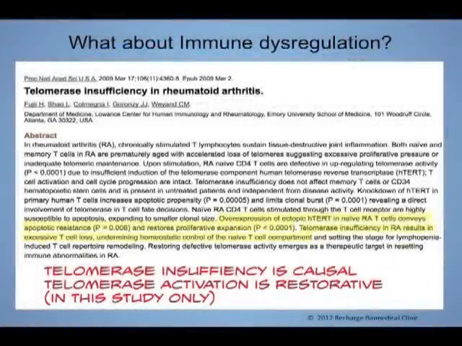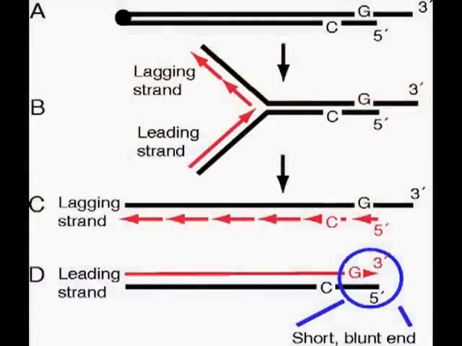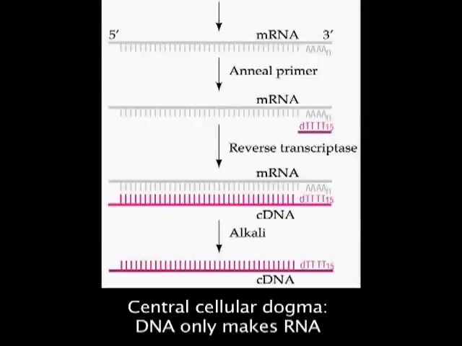So what about immune dysregulation? Well, here's an interesting study from 2009 in rheumatoid arthritis. And so keep in mind the history of this. I think in the 70s, a Russian guy, Olovnikov, knew that Watson and Crick had identified the end replication problem, so that cells can't get to the end, so they have to shorten. So he theorized there was an enzyme to artificially lengthen the ends. And a reverse transcriptase was not even really thought about until HIV, so it just means it takes an RNA template and makes DNA out of it.